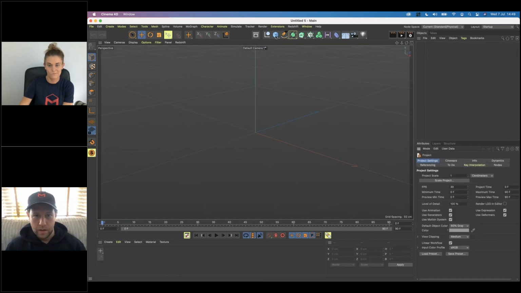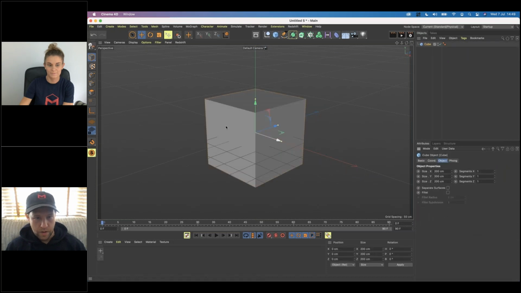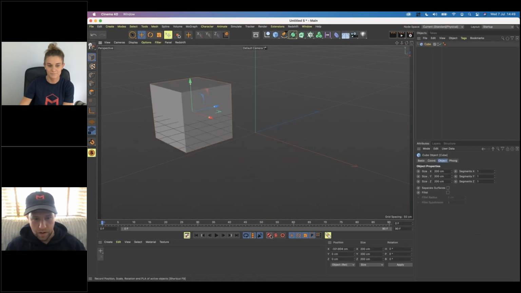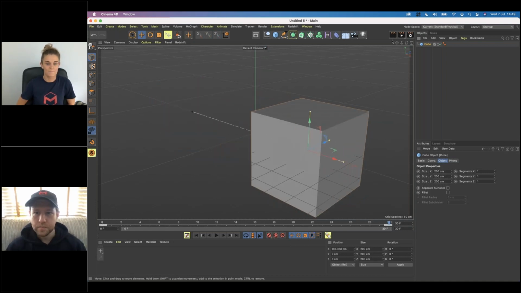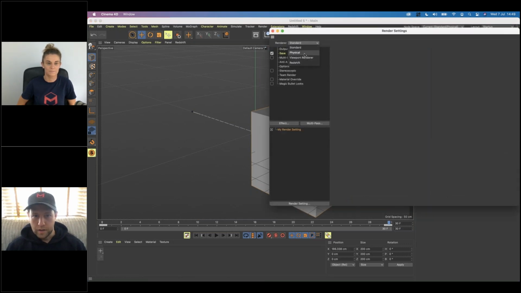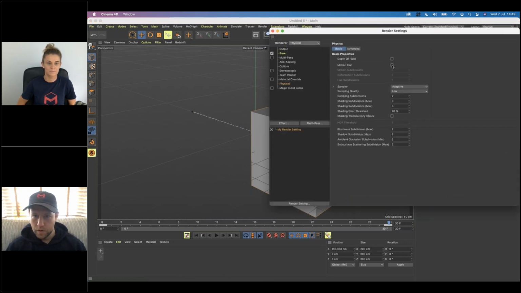Motion blur is a very quick one. So let's not do it there. Let's do it from 0 to 30. And I'm going to make my animation 30 frames. And don't forget to turn this to physical and turn on motion blur. And this is the number of motion subdivisions. So this, for motion blur, is